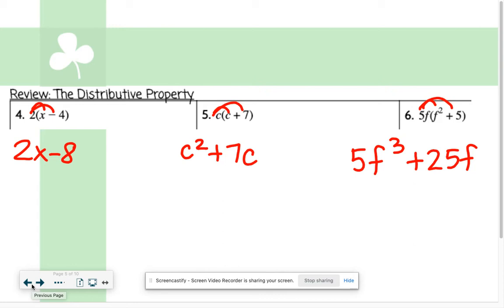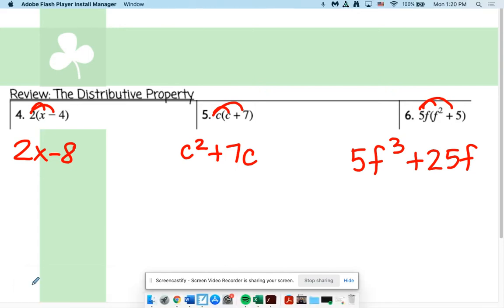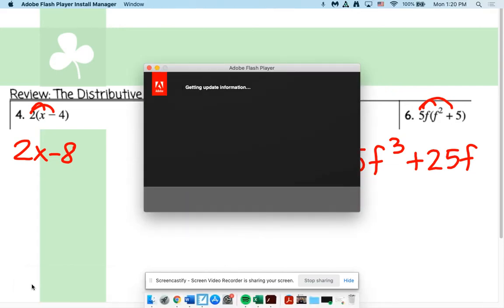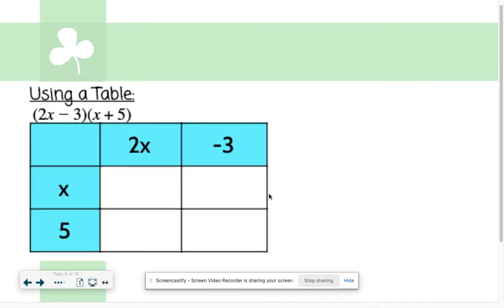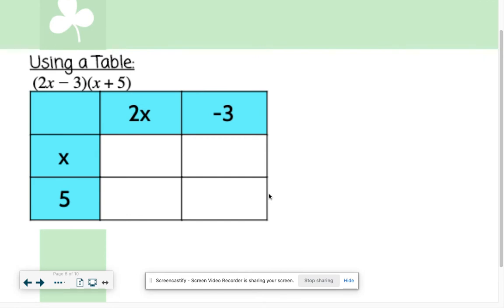So basically that's like taking a monomial times a binomial, right? And now we're going to try 2 binomials times each other. One method you could use is a table, right? Do you guys see how we're using this table? 2x minus 3. I put my first term here and my second term here, but you take the sign with it, right? And then on this one, x plus 5. So you can use this if you're a visual person. It might help you